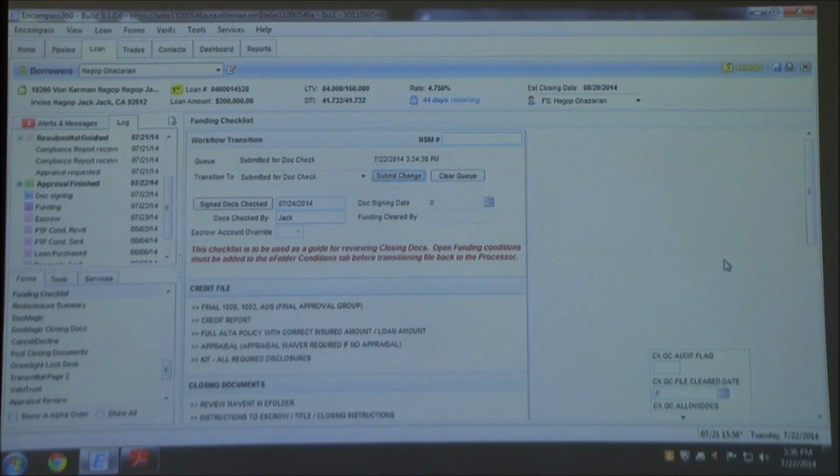But with the dry file, docs go out, funder hasn't looked at it at all. So when the docs come back in, that's when the funder is starting to add some conditions. So the processor has this 3-day rescission period where they've got to move and make sure that they're getting whatever is required in and ready, so that by the time rescission is up, we're ready